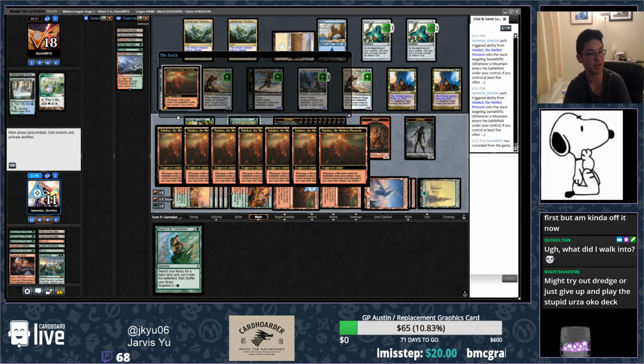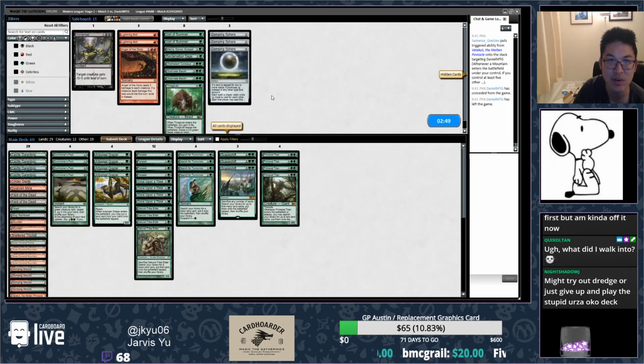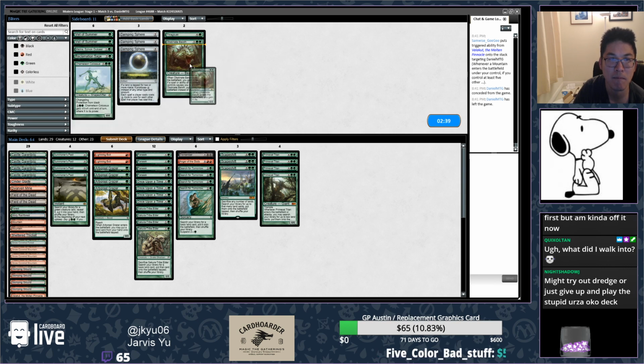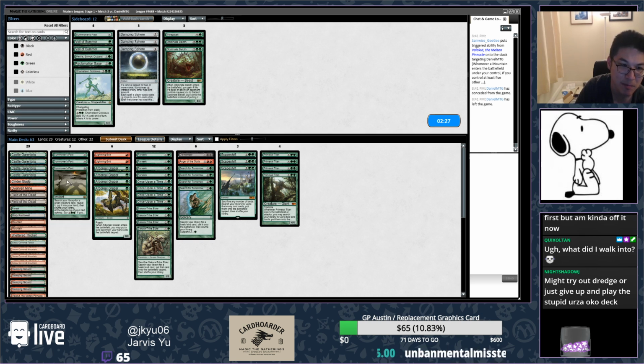Okay, but conceded. Squee, I do not know yet. There's a few weeks until that happens, so I'm going to figure it out. These are up for debate as well. Search is kind of bad versus Meddling Mage, but they have a lot of stuff they have to Meddling Mage anyways, so...